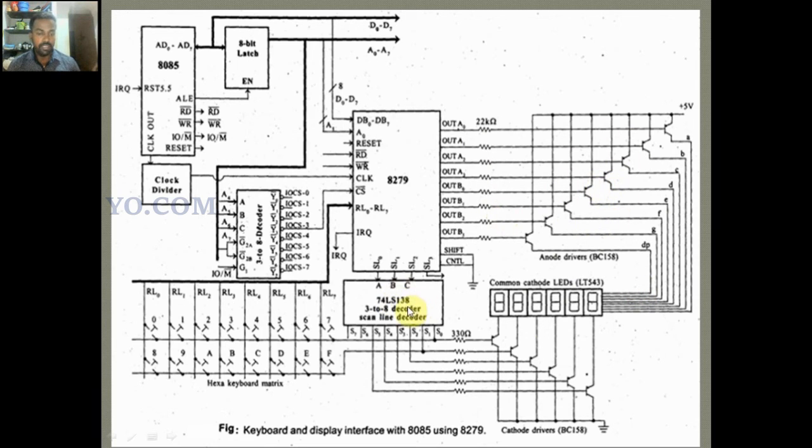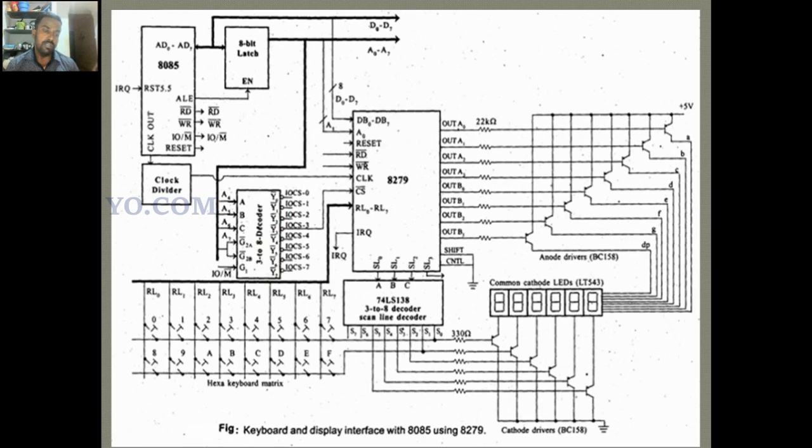This decoder is used to decode the scan lines. Sometimes the scan lines directly act as decoded lines. In some other mode, the scan lines produce a binary value. The binary value is converted into a decoded value by using this decoder. Similarly here also we have a 3 to 8 decoder.